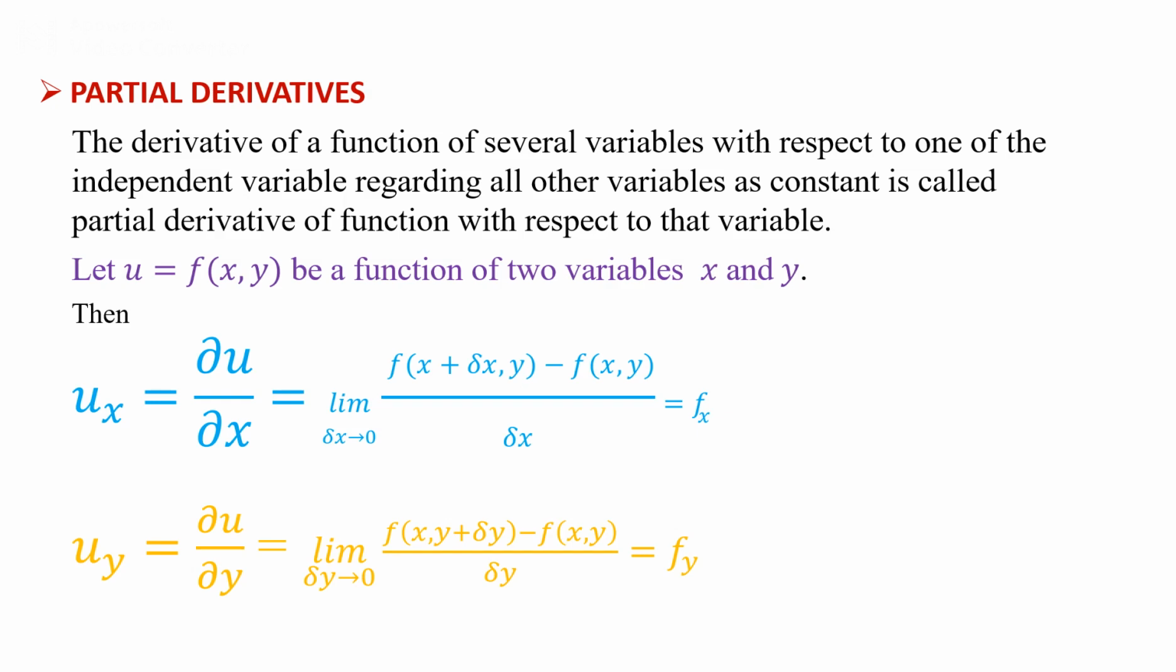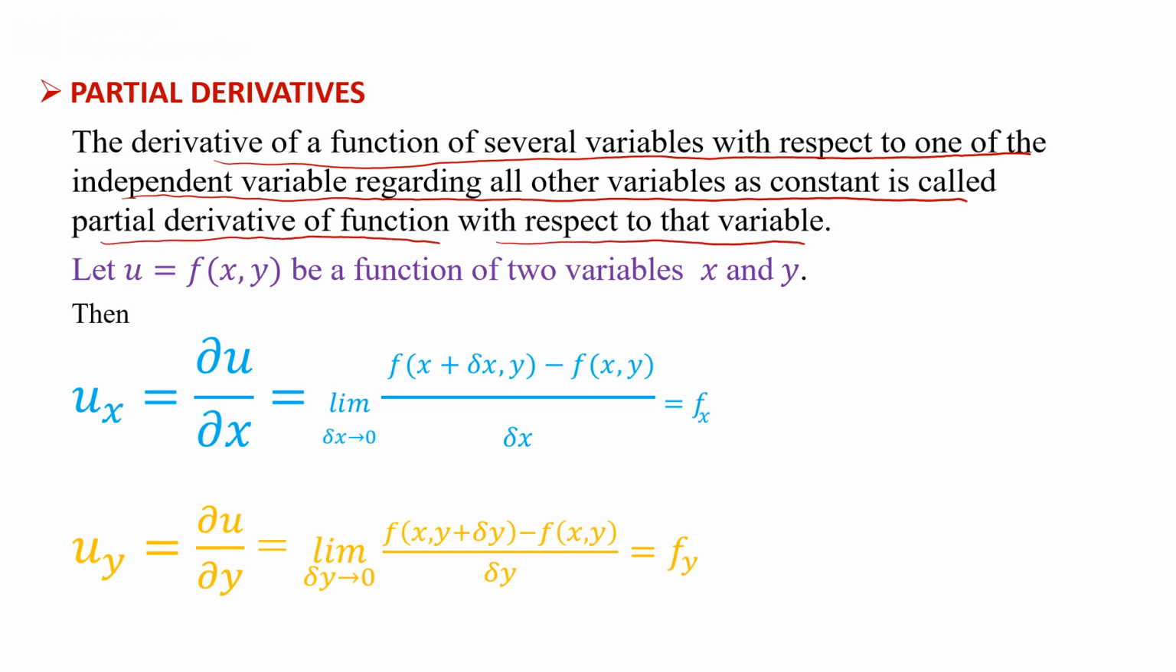So, partial derivative. The derivative of a function of several variables with respect to one of the independent variables, regarding all other variables as constant, is called the partial derivative of the function with respect to that variable. Now if you take a function u = xy, a function of two variables x and y, here x and y are two independent variables, and if you want to evaluate the differentiation of that function